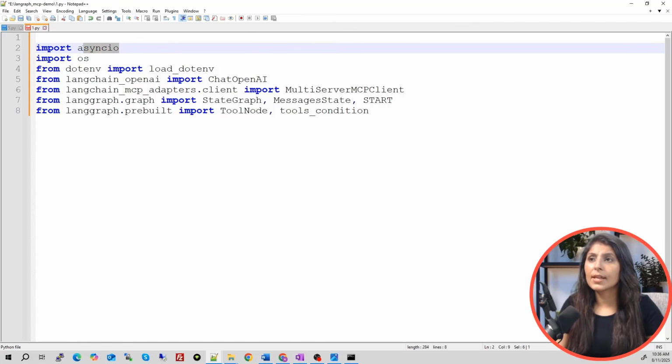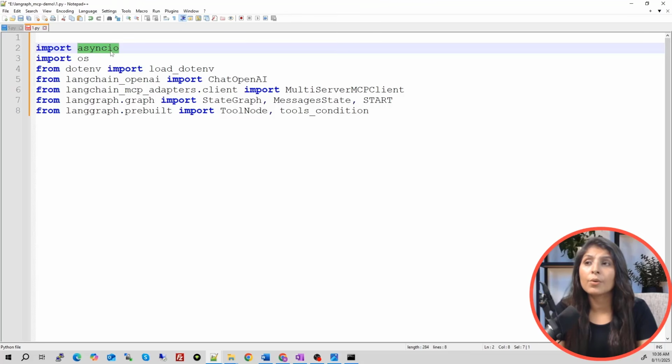The first one is asyncio. Why do we need this module? This asyncio is a built-in toolkit in Python. We are using it to save time. How? Suppose we ask the question, what is the weather in Delhi today? That request will go to the MCP server. The MCP server will connect with the weather API, fetch the live data, and then give us the output.